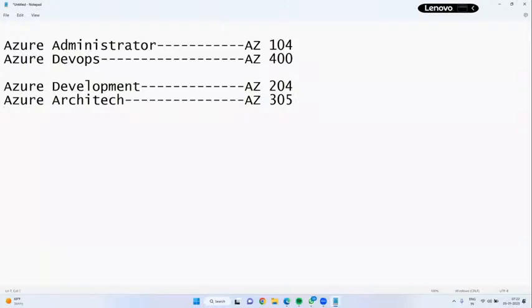As I said, there are Azure AI, Azure Cyber Security, Azure Data Engineer, Azure Fundamentals, Azure Machine Learning, Azure Security, Azure Virtual. We have a number of certification papers, around 15 to 20, but the very popular ones are these four.